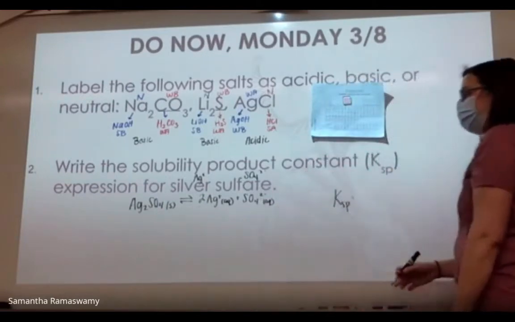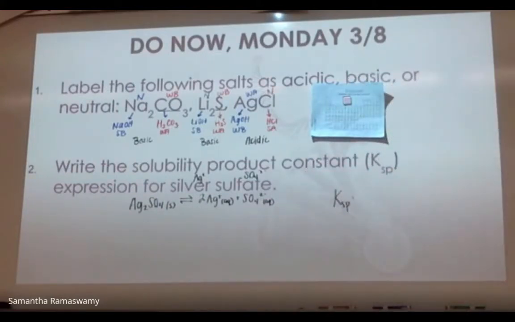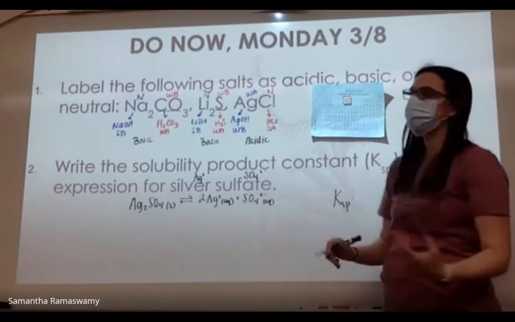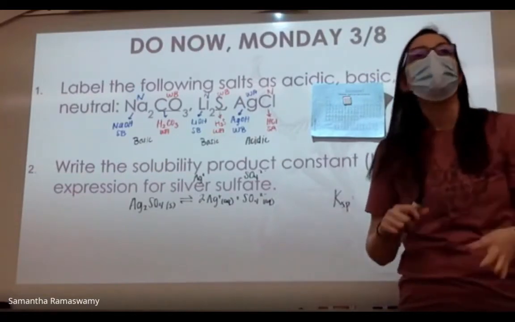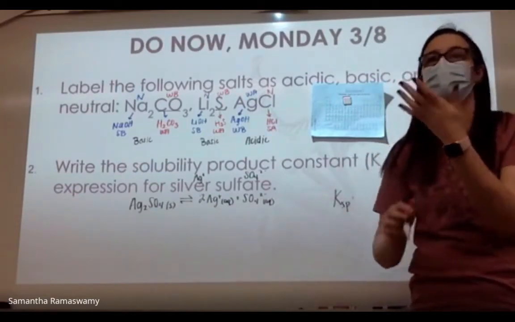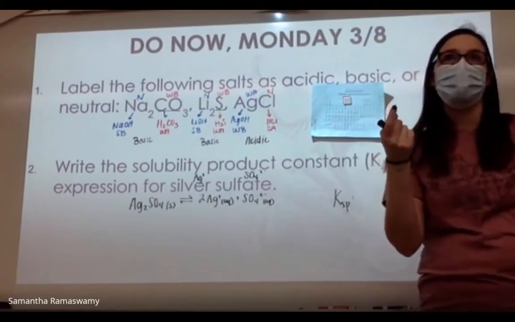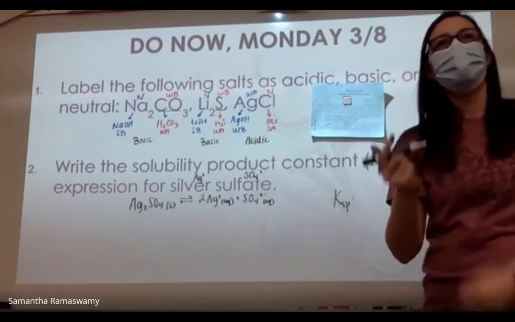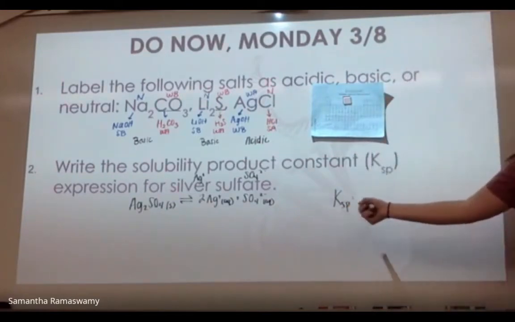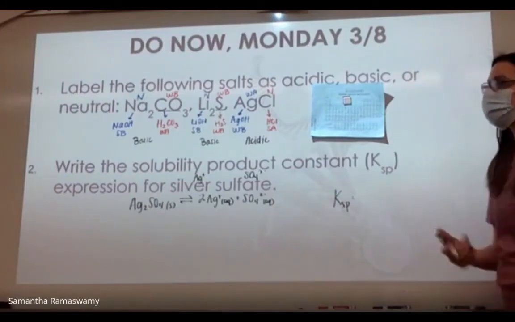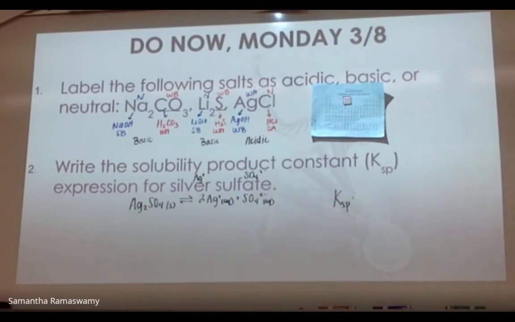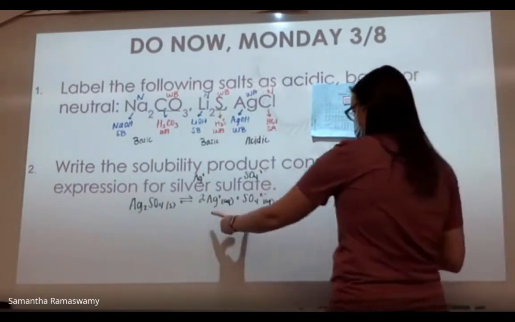People miss the coefficients. So if I want to write the Ksp expression, K is an equilibrium constant, like Ka and Kb and Kc and Kp and Keq. It's just another K, the last K that we look at. So an equilibrium constant expression, just like before, is products over reactants. Only include gases and aqueous solutions. So my products,